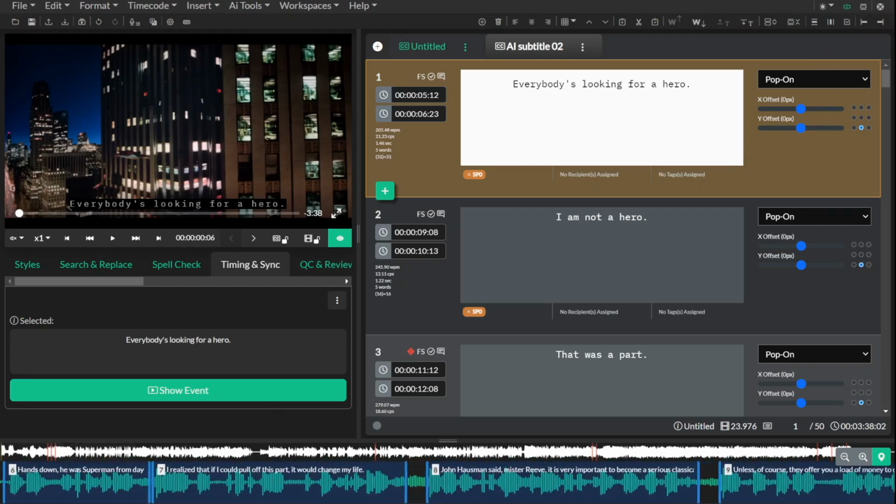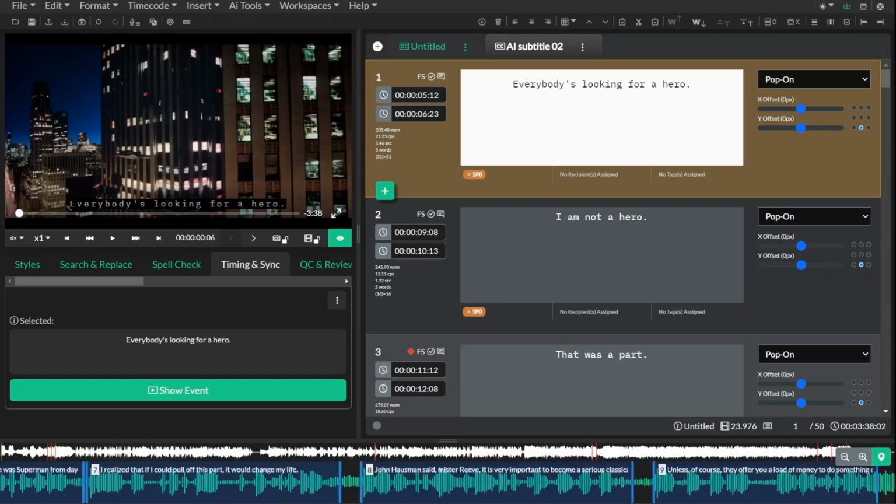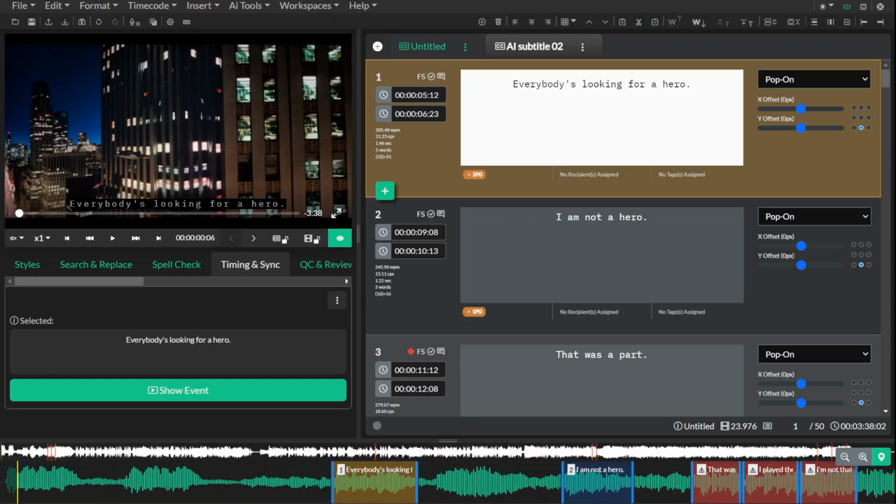If an AI transcript doesn't exist for a project, you can easily transcribe a video in just a few minutes and then sync your caption events with the AI transcript timings. Automatic sync does not alter the caption text, positioning, or formatting. It simply updates the event times.